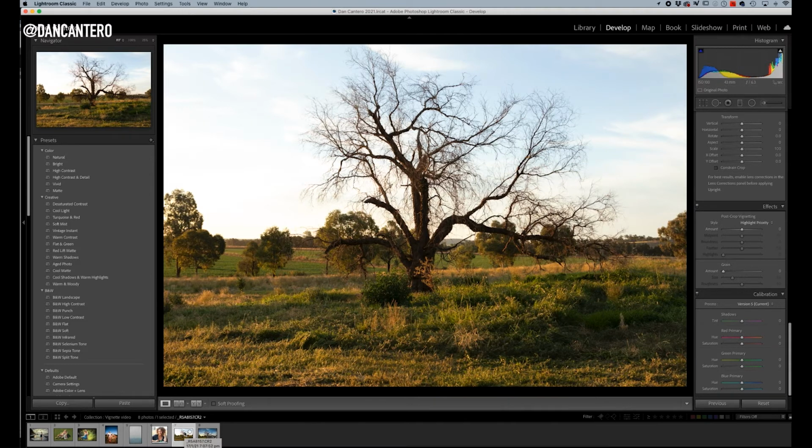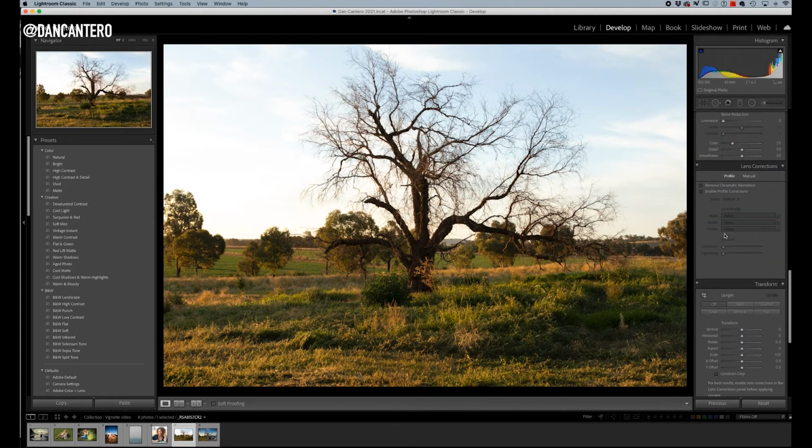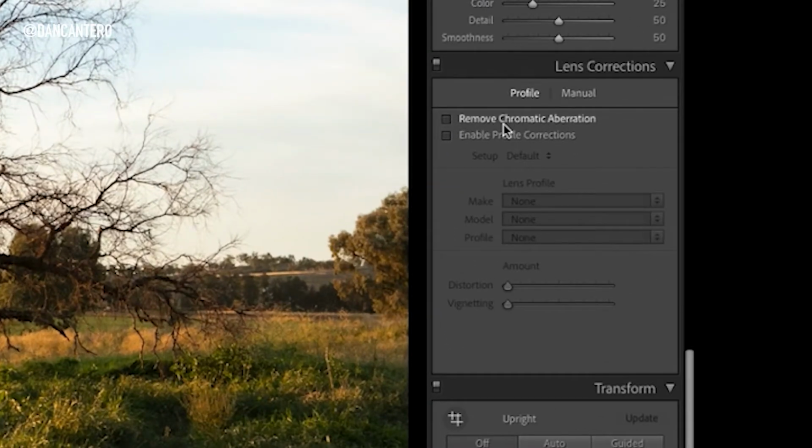So I've got a photo in here, and this has a vignette. I mean, maybe you can't tell that it has one, but you're going to be able to see it in a second. The best way to correct these vignettes properly within Lightroom is very, very simple, luckily. If you go to the develop module, once you've selected your image, where the tools are on the right hand side, if you scroll down to the lens correction module, you're going to notice that there are two little checkboxes. And if you click on the second one,